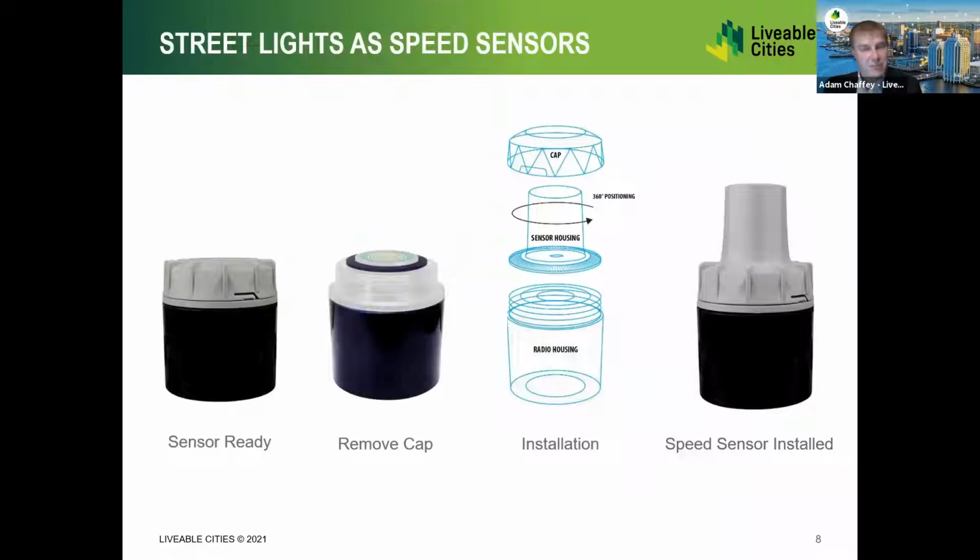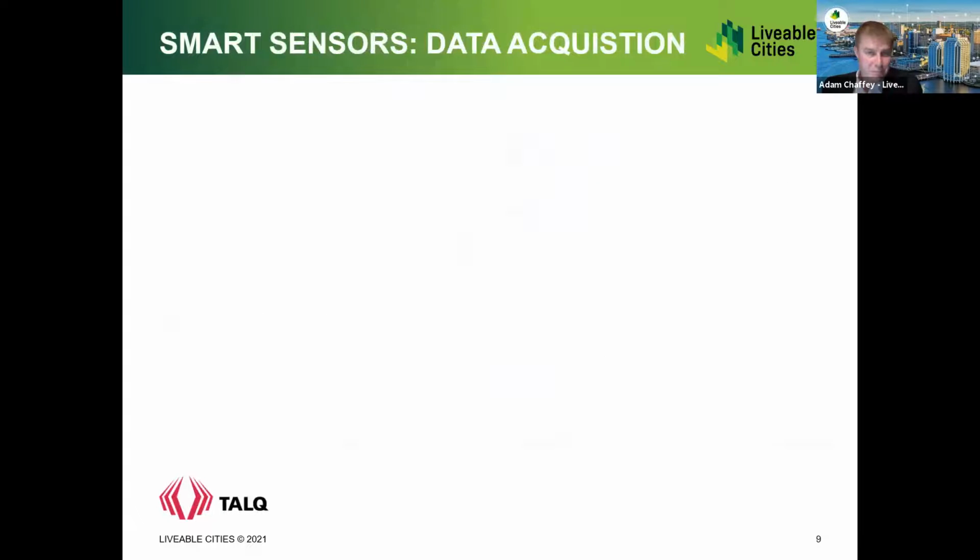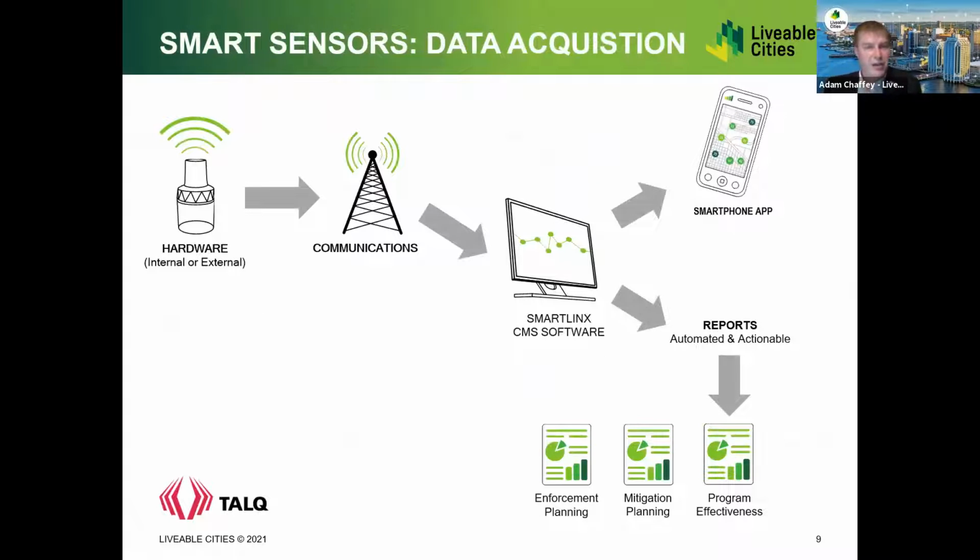So how does that device become a roadway sensor for vehicle speed? Well, there's a sensor-ready device on the left side, moving to the right-hand side, where we've now installed a radar traffic sensor pod onto that common base, and then that device engages toollessly into a street light. So from there, the data is transported back over any one of a number of networks to the municipal level, or to the decision makers, or the law enforcement, whoever's deployed the technology.